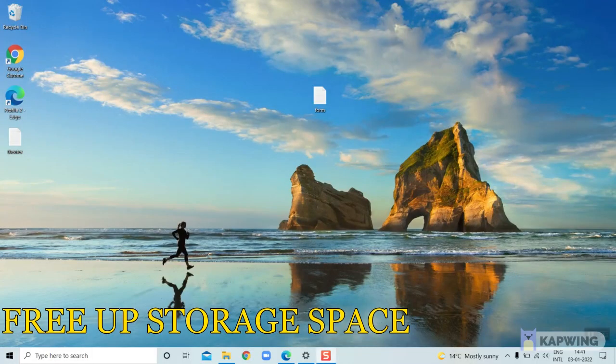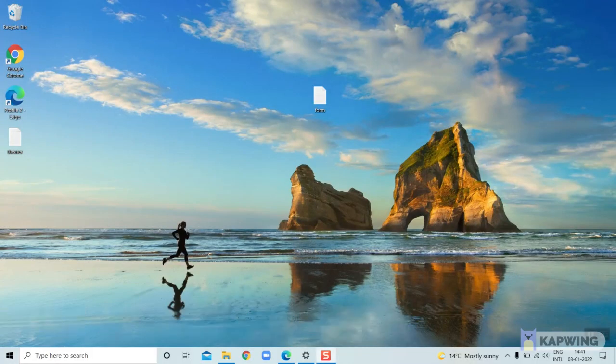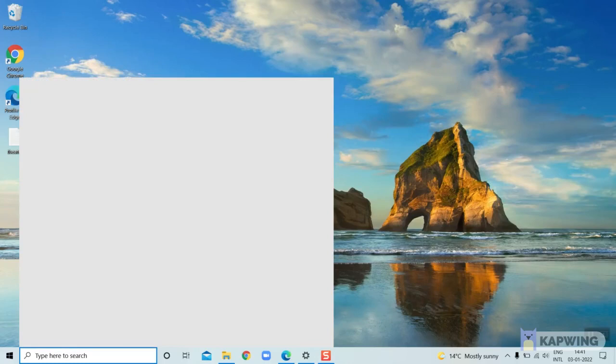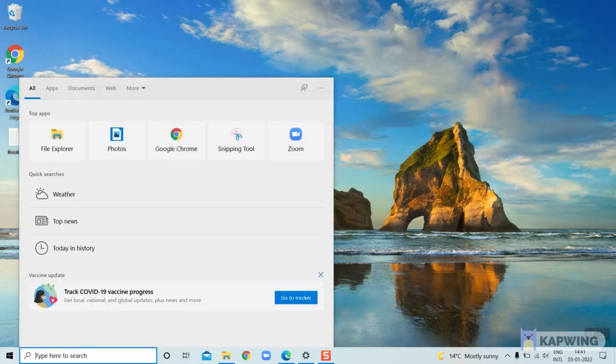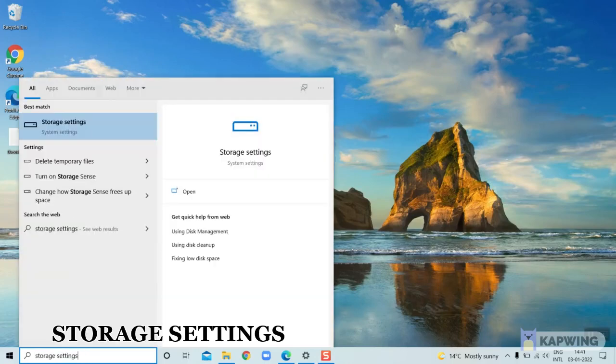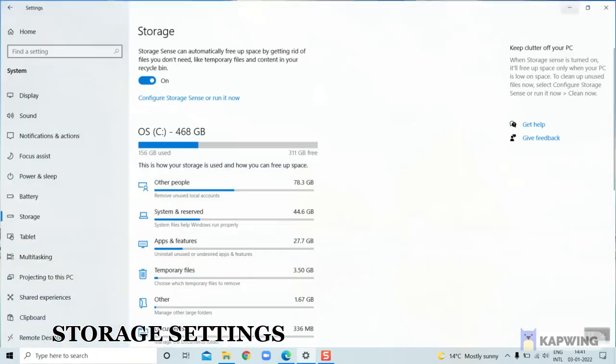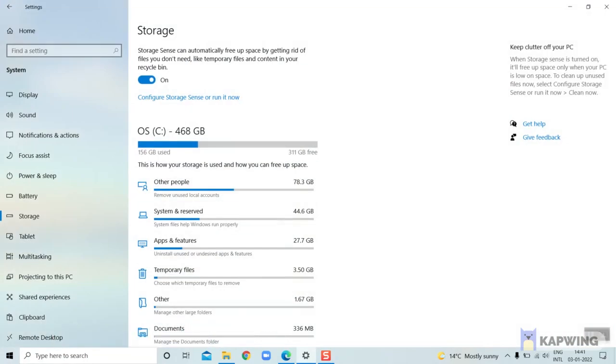Tip number 4, you can free up storage space very easily with Windows 10. If you are consuming a lot of hard drive space, that can also slow down your computer, just like we have been doing all along. Let's go down to the taskbar and let's type in storage settings, and next let's click on the best match. This opens up storage settings, and first